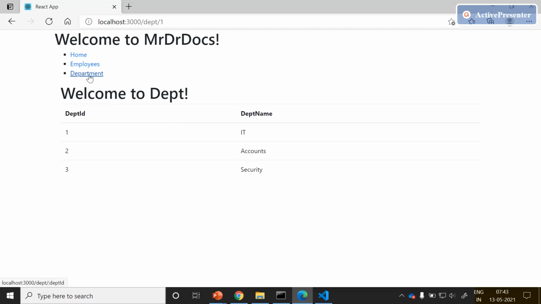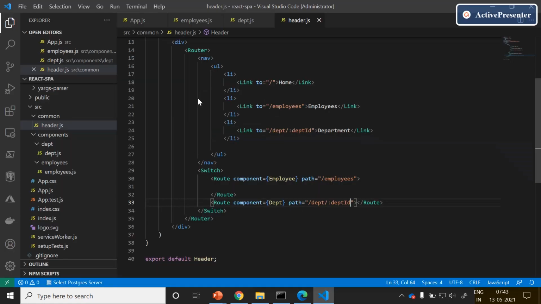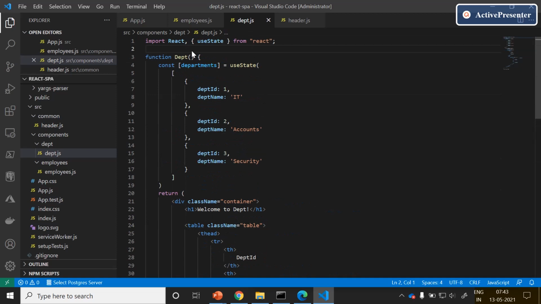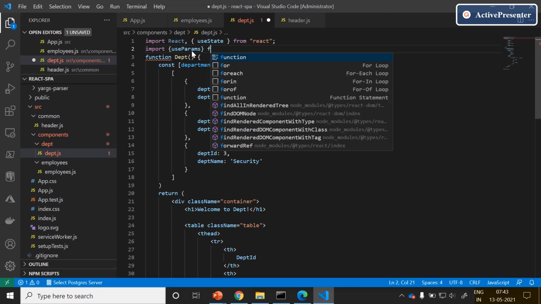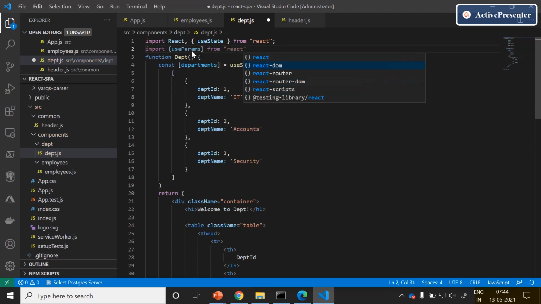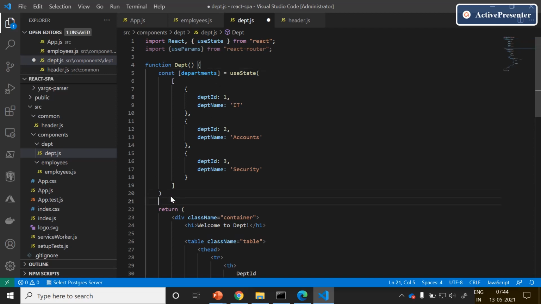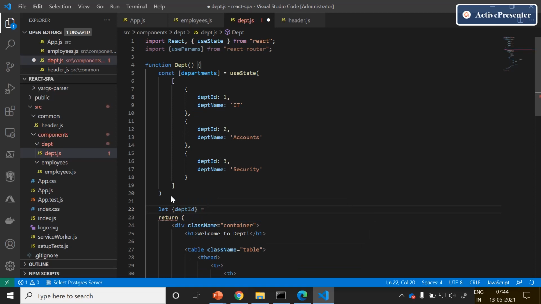The next thing is, in the department, we need to read the department ID query parameter information. Click on department and import useParams from React Router. Click enter. Try to read the department ID from the useParams method.